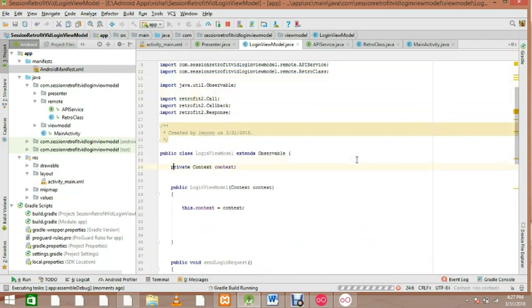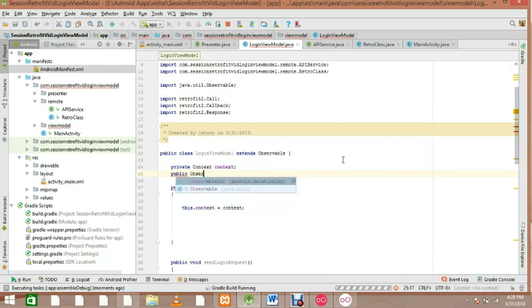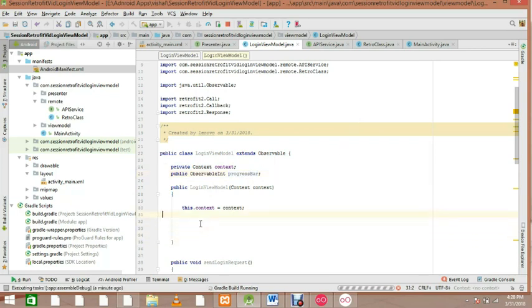I'm using the progress bar. How we can use the progress bar is very interesting. Make it public because we have to access it on the layout. So make it a public observable int, because the progress bar works on int. This is your progress bar, and progress bar is equal to a new observable int, and that int you have to put as view dot